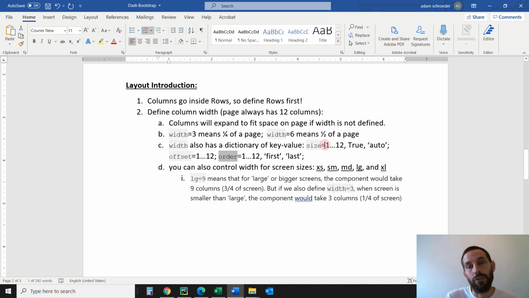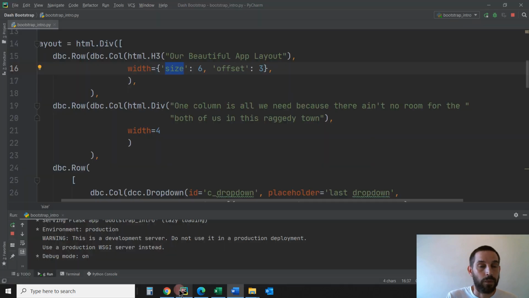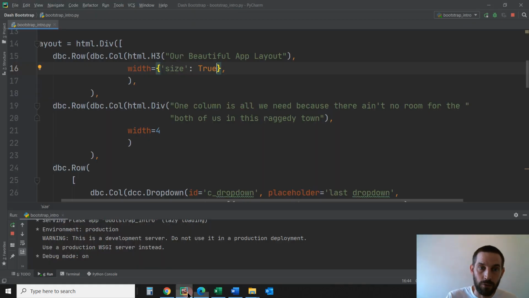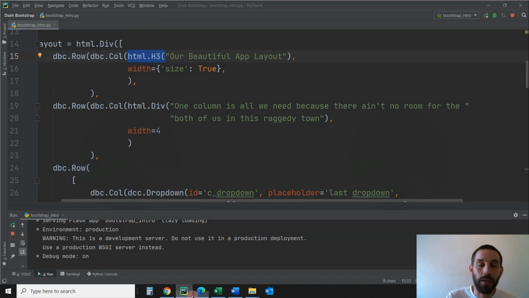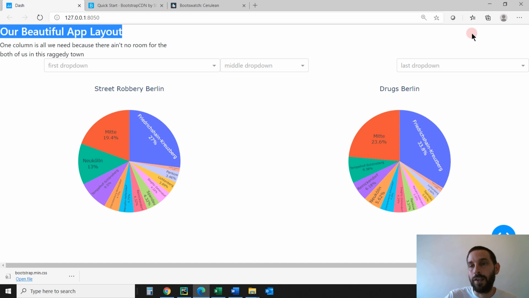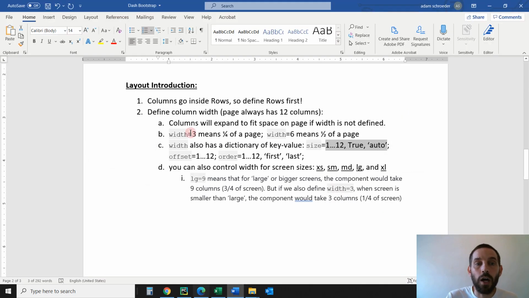For the size, you have 3 different options for the value. You can do 1 to 12, true, or auto. Let's cancel offset right now because we don't know how to use that yet. So size 6 is an integer from 1 to 12, or you can put true, or you can put auto. The difference between auto and true is the following. If you put true, it means that this HTML H3 part of the page is going to take up the whole space up until here